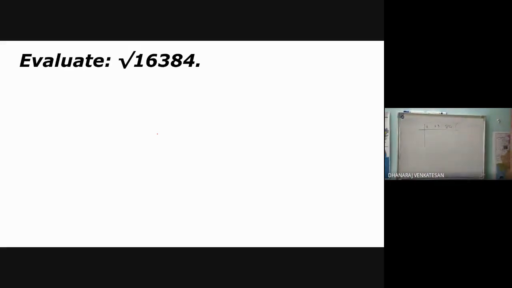Now you have to choose a divisor. The divisor will be a square. If I take 1, I have to put 1 square. 2 is 4, 3 is 9, 4 is 16, like that. If I choose a divisor 1, I will put 1. If I choose 2, I will put 4 here. The divisor is such that you have to choose a suitable square for that dividend. This is the dividend.